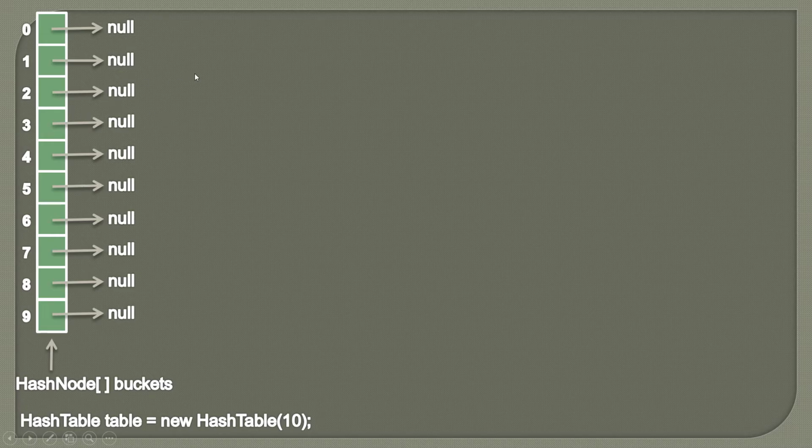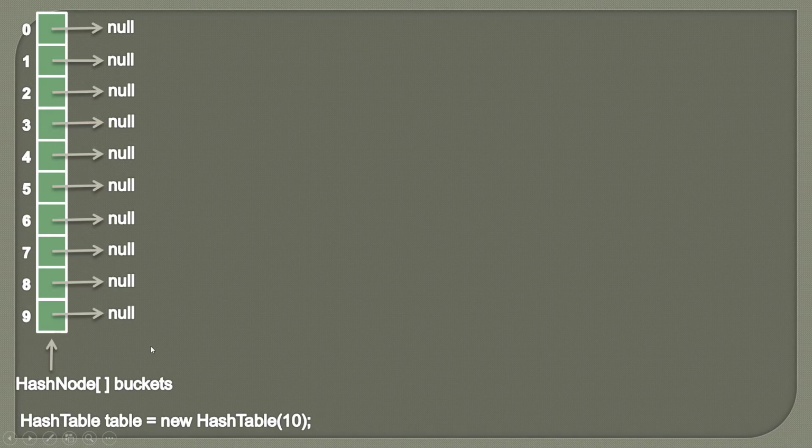And in case there are multiple hash nodes already present, then we first check whether that key is already present in the sequence of hash nodes or not. If the key is already present, then we simply update the value. We don't insert a new key value pair. And one more use case is, let's say there are multiple nodes but the key value pair is not present. Then we create the hash node from the key value pair which we want to insert, and we insert that hash node at the beginning of the list which is being formed by the hash node at a particular index.